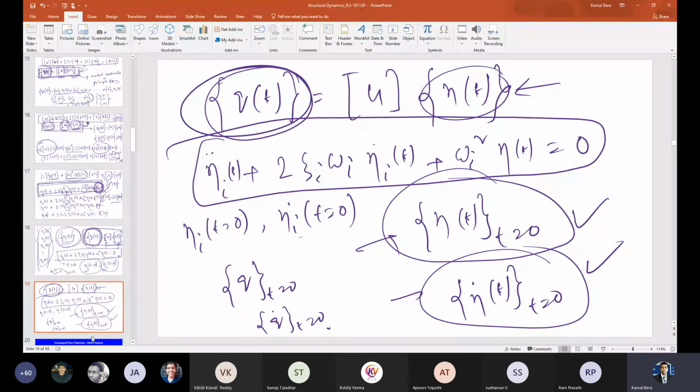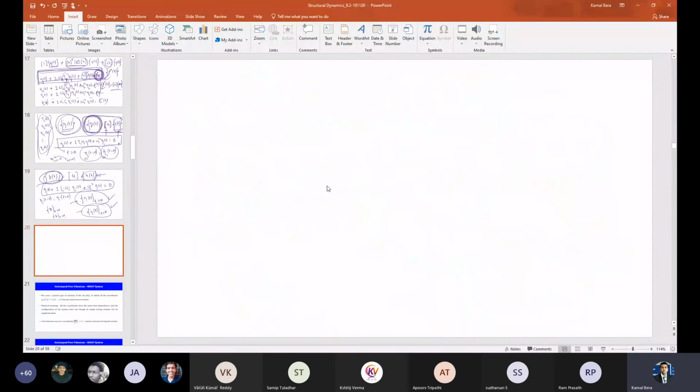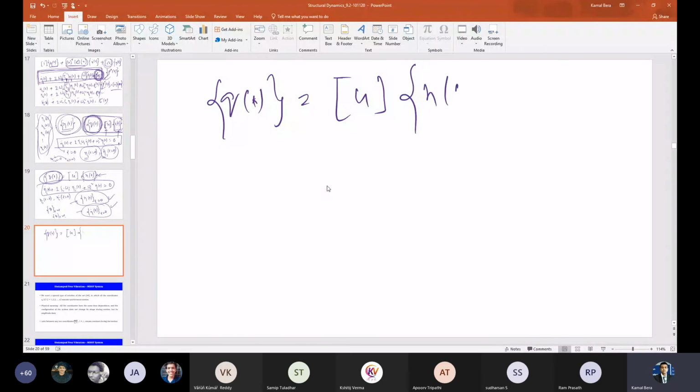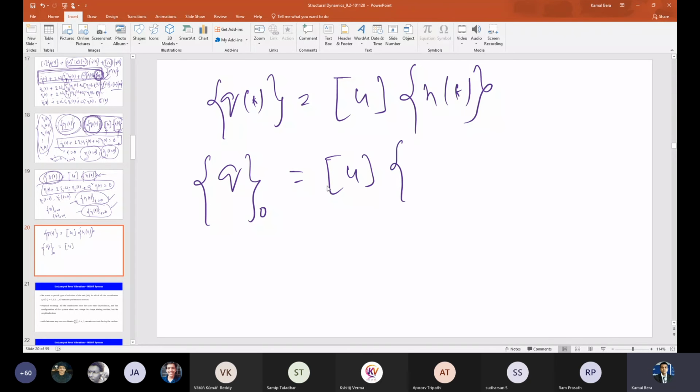Tell me. And a simple thing you should tell. I mean, you will not be able to tell the exact one, the correct or systematic one. But what I am trying to say is that again I am writing u eta t. Let's say eta, the initial displacement I am talking about. So I know q at time t equal to 0. Okay, this I know. Or it is better to express like this, q0 equals u eta at 0.